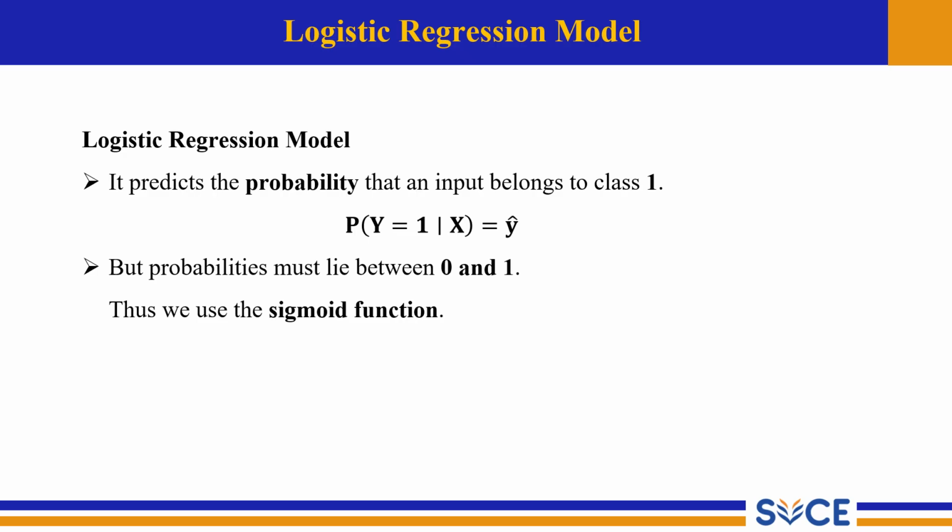Fifth one is interpretation. This means the model can now output valid probabilities. Sixth and next one is decision boundary. Finally, we set a threshold, often 0.5. If the predicted probability is greater than 0.5,